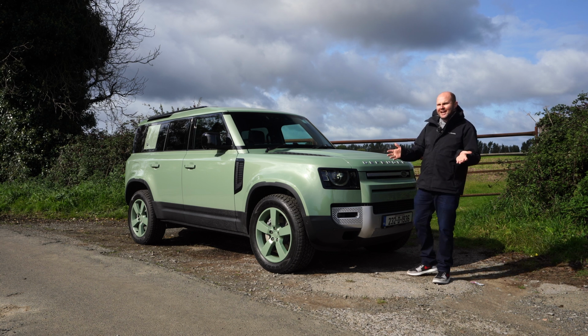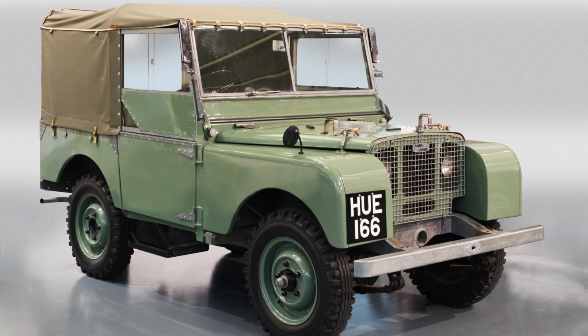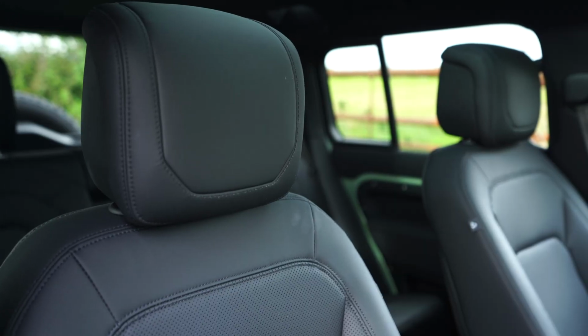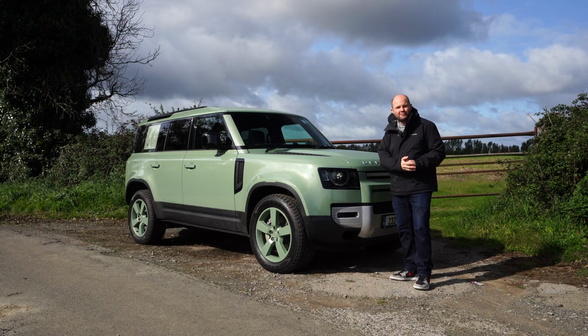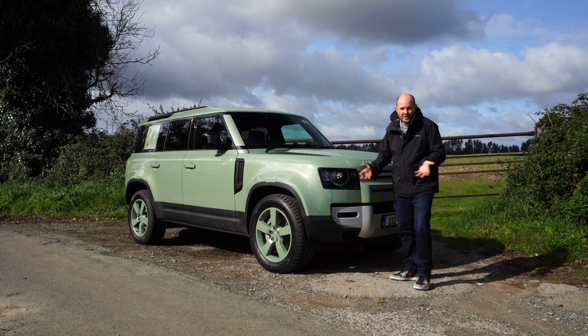I'd be pretty confident in saying that back in 1948, the first ever Land Rover that eventually went on to become the Defender didn't have a fridge, head-up display, air-cooled seats, air suspension, couldn't tow 3 ton. But this one can, and it's marking the 75th anniversary of the first ever Land Rover, the car that became